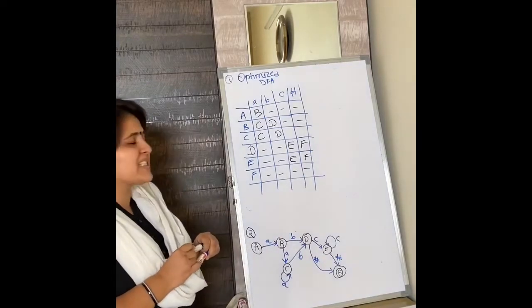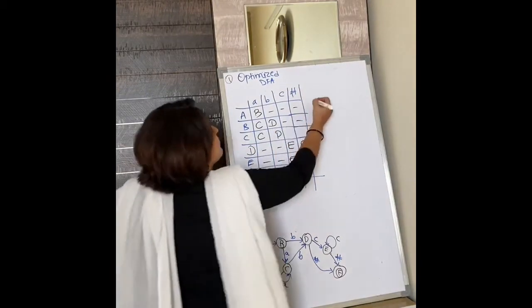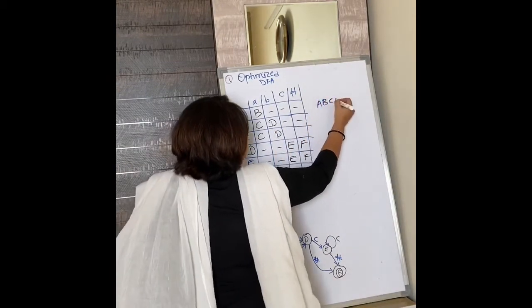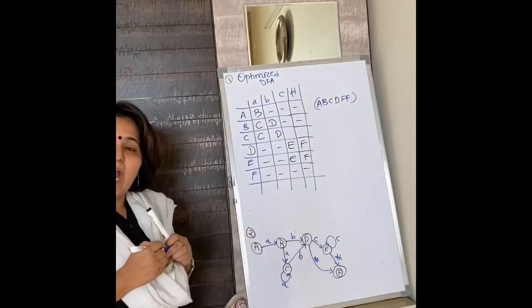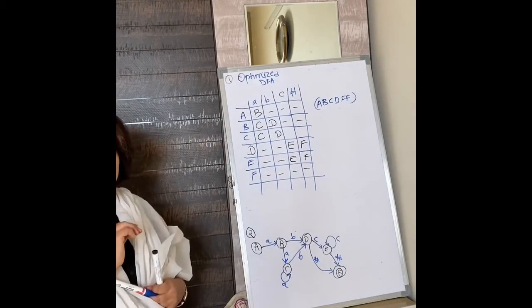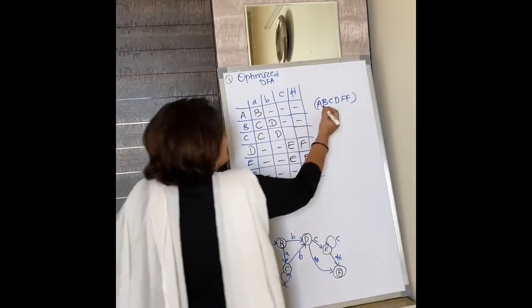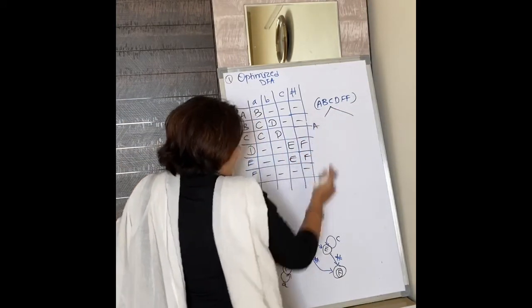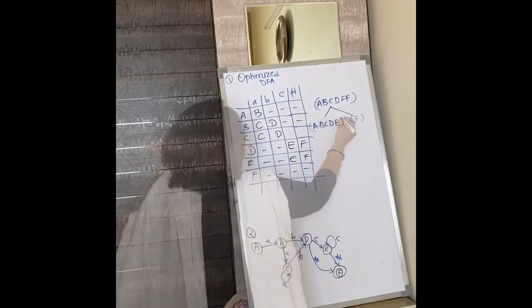Okay, so this is our state table. We are going to quickly create the groups. What is the first group we have? The first group has A, B, C, D, E, F, all in the same set. After that, we are going to divide it into two groups. The first group is all non-accepting states. The second group is all accepting states. So this will be divided, as the accepting state is a single one, that is F. So A, B, C, D, E in one.